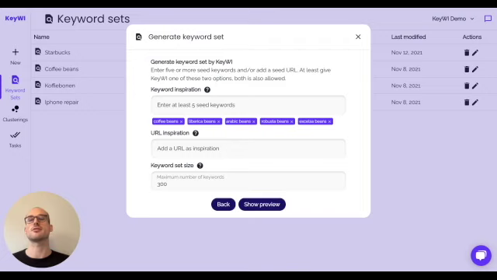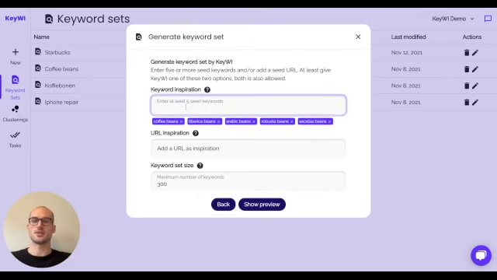So in order to generate the keywords, we ask you for 5 seed keywords or a URL. You can also do a combination of both. It's not mandatory, so just what you see fit. If you do a combination, then you can expect the most broad results in terms of keywords. So if I just show you how it works, if you add a keyword here, press enter, and then